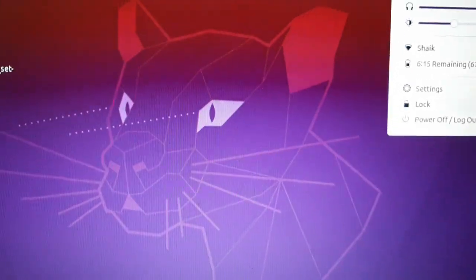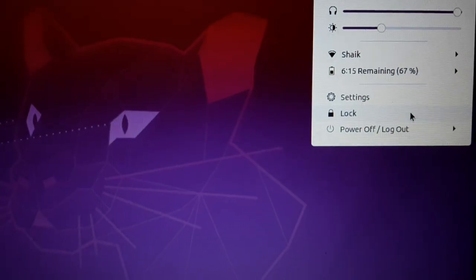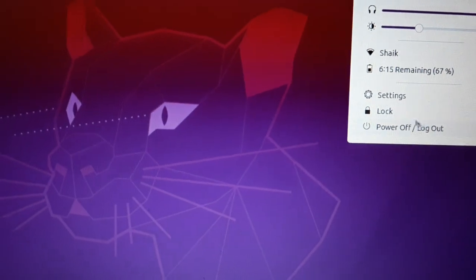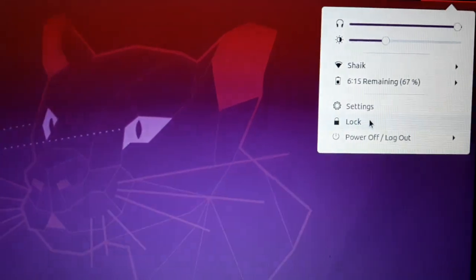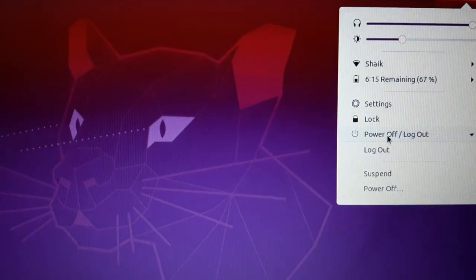In this video I'm going to show you how to reset the root password in Ubuntu 20.04, which I am using. Also, if you want to reset any user account password, you can do that too. For that, wherever you have installed the OS, you just need to restart it. Click on power off, and restart.